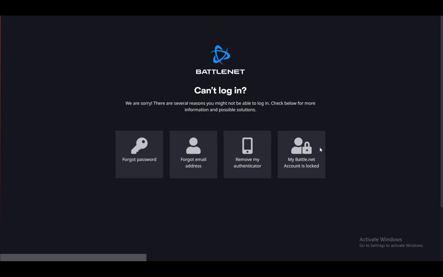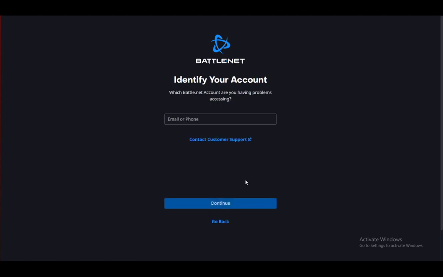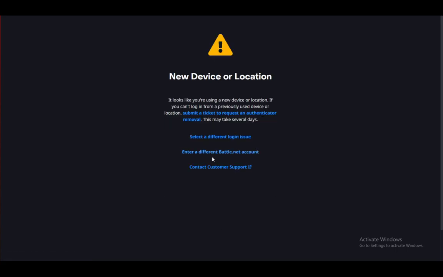Now here you want to choose which option you want, and we want to choose the remove my authenticator button. Once you are here, you will be able to enter your email or phone number, and once I do, just click on continue, and it will say it's a new device or location. This is the screen you'll be brought into pretty much, and you will need to submit a ticket to request